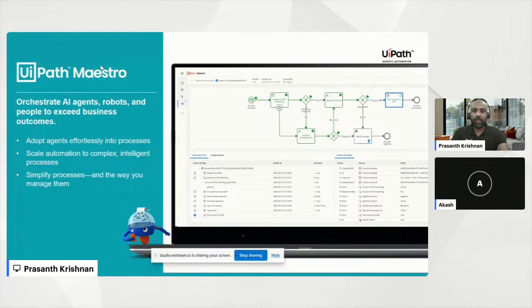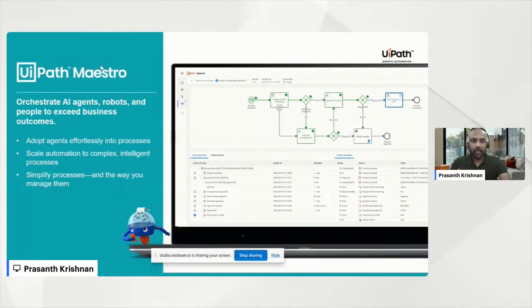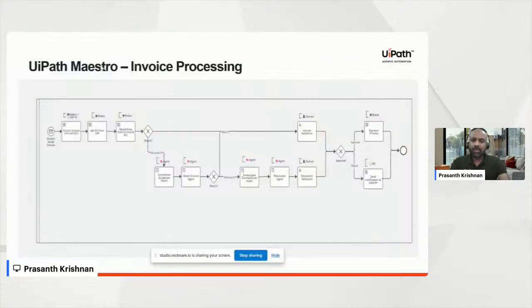This is something very unique to UiPath, wherein you can build these agentic workflows using BPMN, business process model notation. Pretty easy, just drag and drop into a frame and connect all these things. You can put in your conditions, etc., and it's available for you to use. And this is how it looks. So if you look at a typical scenario, in this case it's a snapshot, but you can see that there is a bot and IDP, which is basically responsible for extracting the details from the invoice. There are a couple of agents here. There's a summarize agent, there's a match invoice agent, there's an invoice investigate dispute agent, etc.